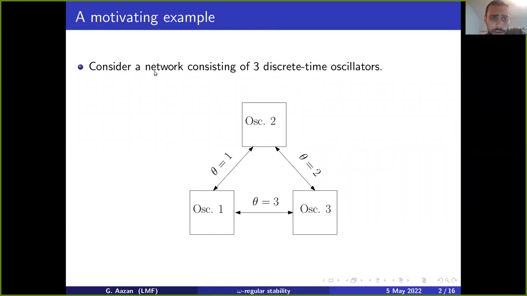For instance, we consider a network consisting of 3 discrete-time oscillators, described as in the following figure. The oscillators are communicating together by communication channels. At each instant, only one communication channel is active and it's selected by a switching signal theta. For instance, if theta equals 1, there will be communication between agent 1 and agent 2. And if theta equals 2, there will be communication between agent 2 and agent 3, and so on for